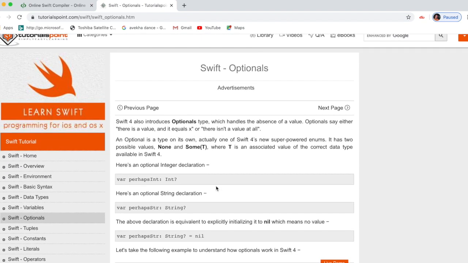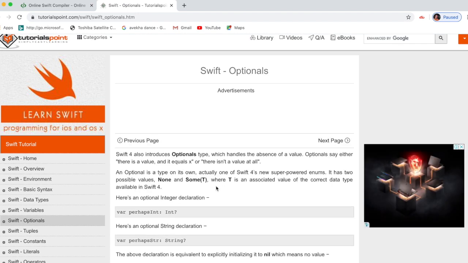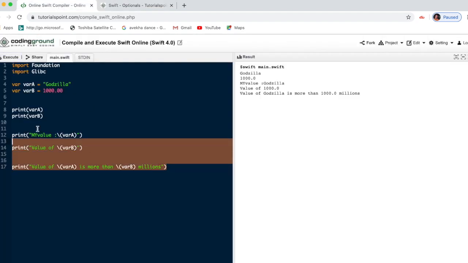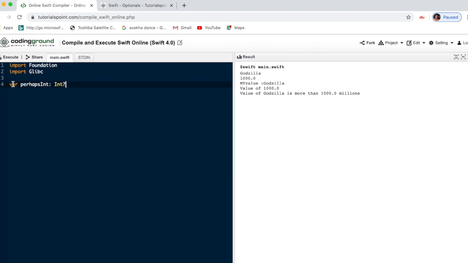Next is about optionals. As I told, I will just explain. See here, this is telling that it is int type. A variable is declared which is of type int, and it may be 0. That is the meaning.